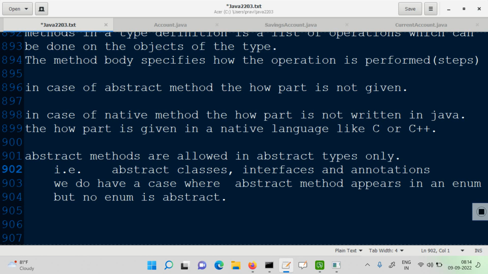But as far as the classes are concerned, yes, interfaces and annotations are anyway always abstract. But for classes, only abstract classes may have abstract methods. So abstract methods are not allowed in a non-abstract class. A non-abstract class we may also refer to as